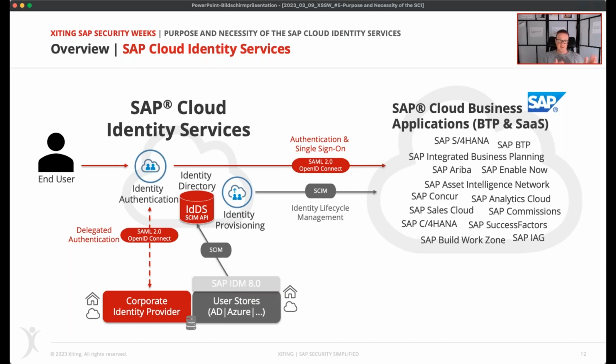So in summary, you can see here on the screen the Identity Authentication, or IAS. You can see the Identity Provisioning, or IPS, and in the middle, the Identity Directory, which is shared between those two components. So all is based on the same technology stack as of now, and is considered and also pre-delivered with SAP's software as a service solutions. So whenever you have a global account in the BTP, or you purchase some of those SaaS solutions that you can see here on the screen, you will be able to use those services free of charge. So let's take a deeper look at each of these components now.